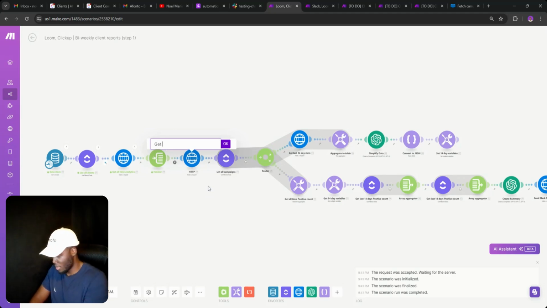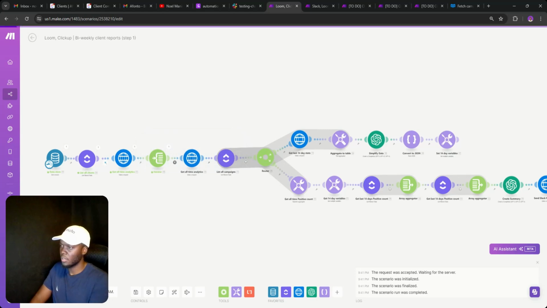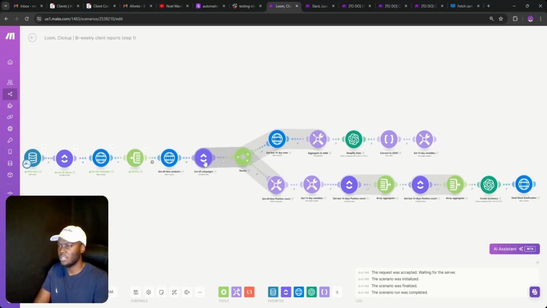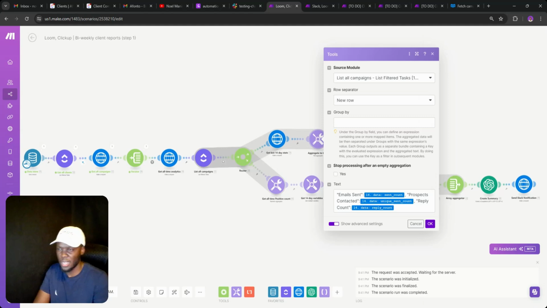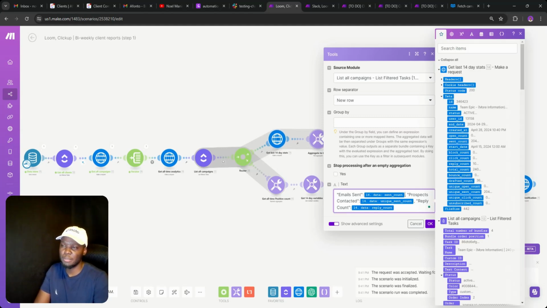So rename this get all time analytics, and this one get campaigns. So, get campaigns, get all time analytics. And then we don't need the 14-day stats, and I'll explain why later on. We also don't need emails sent, prospects contacted, or reply count. The only thing that we care about at this point in time is just